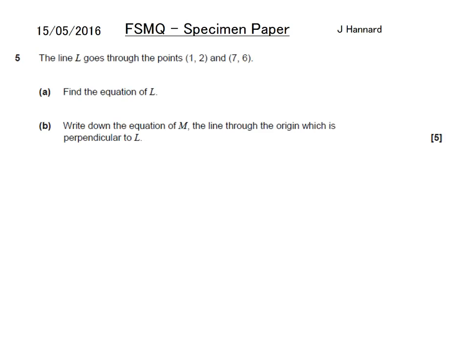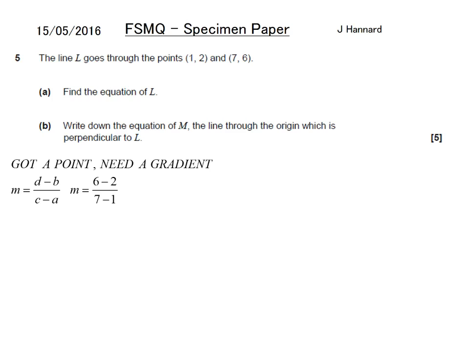Question 5 then, the line L goes through the points 1, 2 and 7, 6. Find the equation of L. So to name a line we need a gradient and a point. So we've got a point, we need the gradient. So back take back over front take front, which is that,